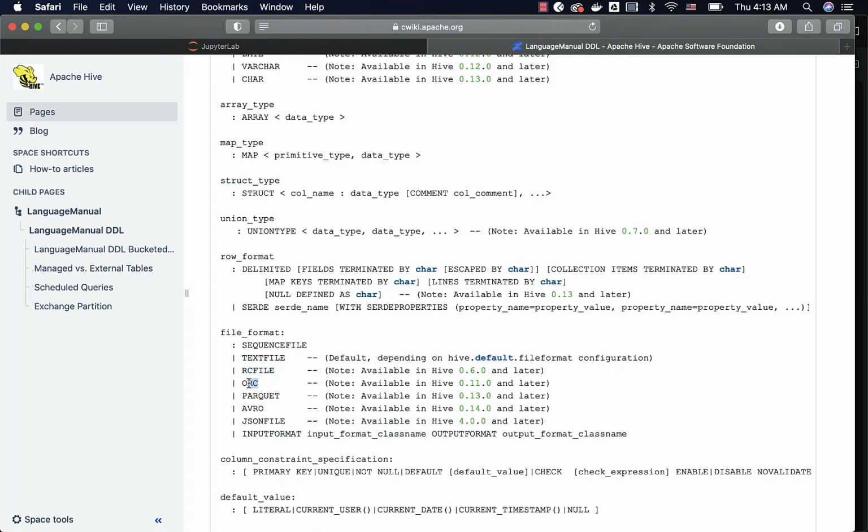ORC is very popular in Hive. However, when it comes to Spark, Spark doesn't recommend ORC. Spark typically recommends Parquet. So Parquet is extensively used as part of the Spark Metastore tables. Avro is another file format which we tend to use. JSON file also is quite useful, but it is not available as part of the earlier versions of Hive or Spark. So at this time you can either focus on Parquet and Avro or both, and then you should be able to perform some examples and you can take it further.